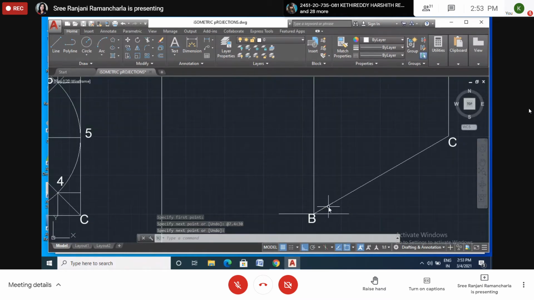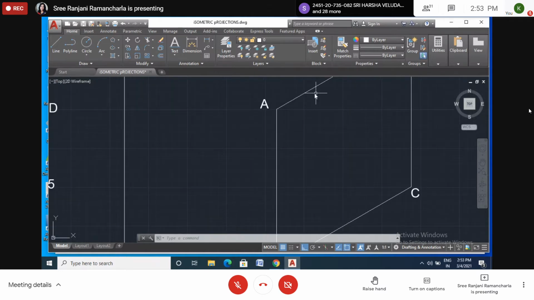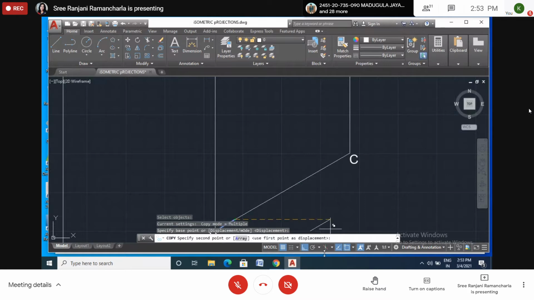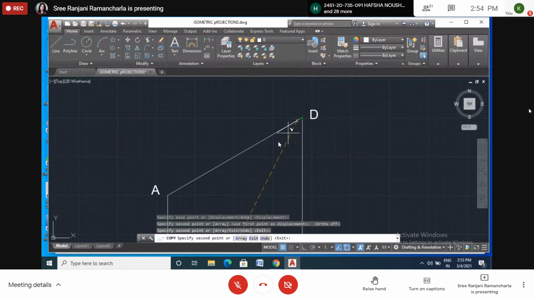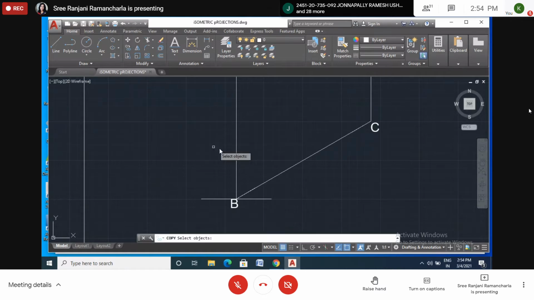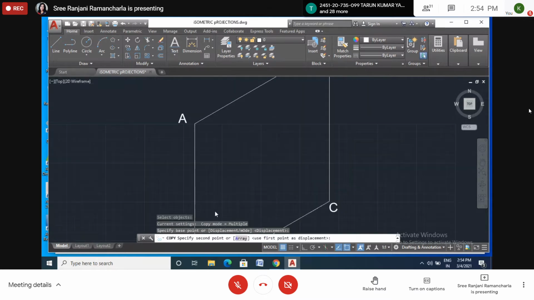So here I copy this line, and here also, everywhere I'll copy in this direction. Okay. So copy. See, selected. Enter. So I will take a displacement at this point so that I can copy exactly this corner, like this. Here also we want, and here we cannot take it like that. So again I will copy this line, but I will change the displacement here. Okay. Here I will take.